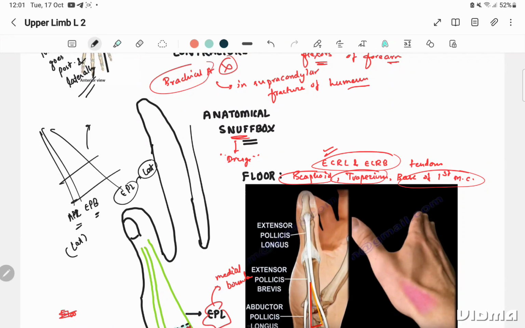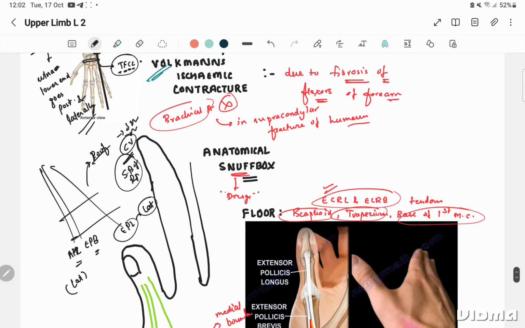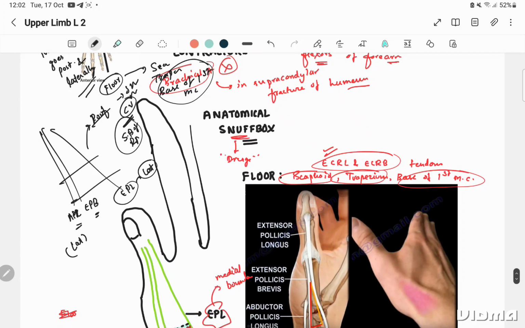We have the roof that is formed by the skin, the superficial fascia, the cephalic vein, and the content, that is the lateralmost content of the cubital fossa. Yeah, the superficial branch of radial nerve. These are forming the roof. The floor is formed by the bony things, that is scaphoid, trapezium, base of first metacarpal. These are forming the floor of the anatomical snuff box. The roof, floor, the lateral wall and the medial wall are done, and the content is the radial artery going